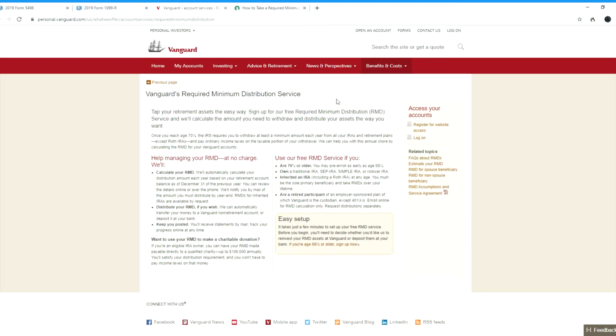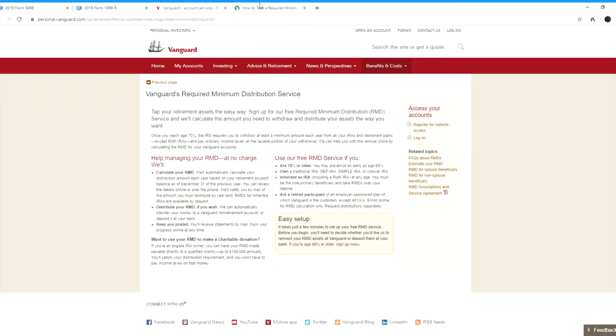Now, Vanguard is a very popular company for investing in, and they hold IRAs for many people. So you can see in this particular case, they have a sort of gateway, Vanguard's required minimum distribution service. They talk about how they will calculate the RMD. They can even distribute it. And here you can say once you have requested a distribution, it says we can automatically transfer your money to a Vanguard non-retirement account or deposit it at your bank, and so on. And then they give additional information, which is just sort of standard, and then they direct you to sign up